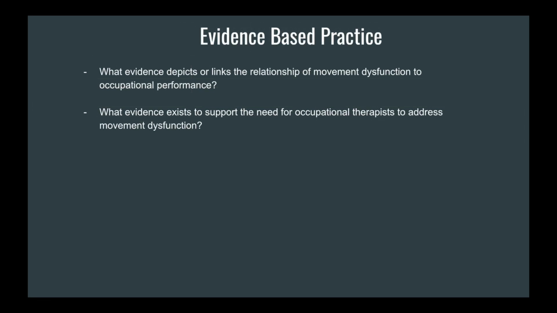For our evidence-based practice, we used these two questions to help facilitate our research. For the first question, it is what evidence depicts or links the relationship of movement dysfunction to occupational performance? In a study by Frederick et al., it discusses how wheelchair users struggle to participate in the community due to being unable to operate vehicles and often have to rely on external services for transportation. These services, such as taxi cabs, often do not accommodate wheelchair users and may be unable to assist with transfers the individuals may be unable to do on their own,